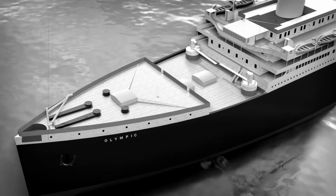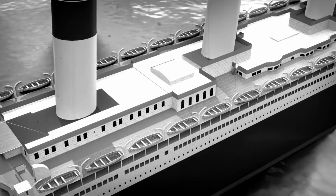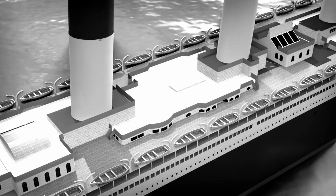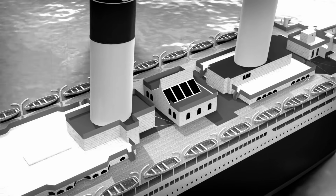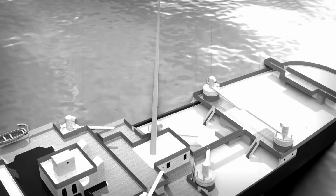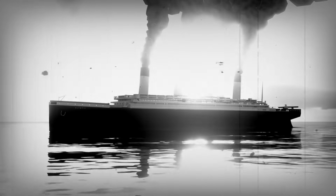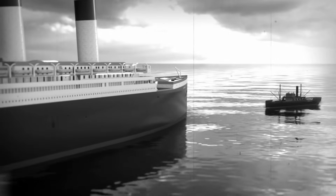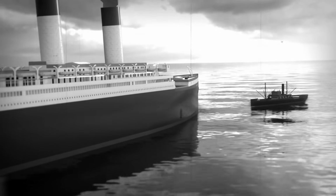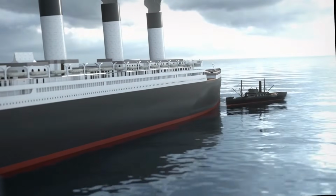The Olympic was big. In fact, it had been designed and built as part of the fleet that included the Titanic. But with size came sacrifice. The Olympic was great at moving in one direction, but very difficult to handle when it needed to turn. It was September 1911. The Olympic was trying to alter its course. The Hawk, a smaller ship sailing nearby, didn't give the larger vessel enough room to maneuver, and the two slammed